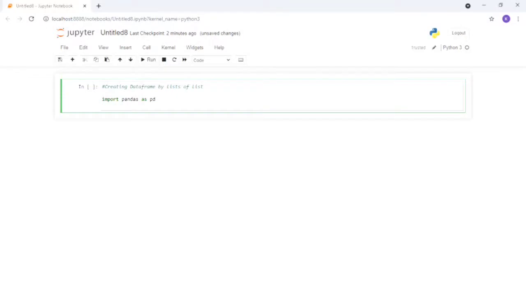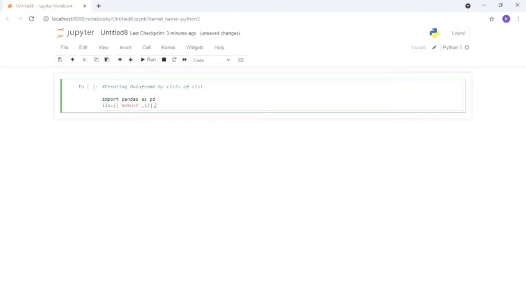Next, I have to initialize the list of lists. First of all we have to create a variable. Suppose I'm creating lis as a variable, and then I have to type the list with the name and class. So Ankush is class 12.